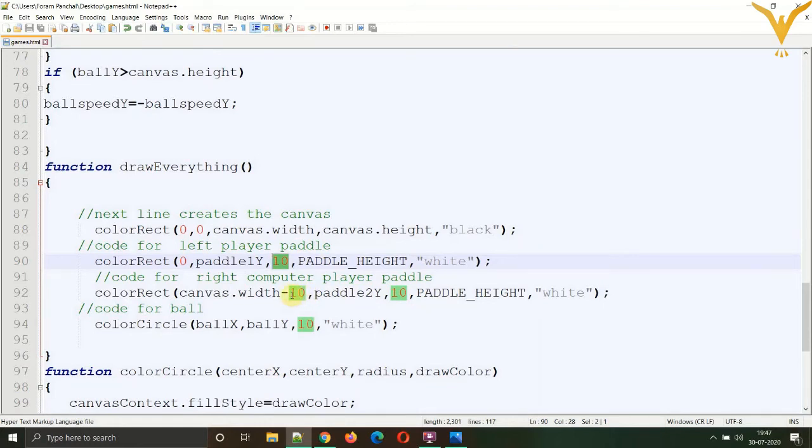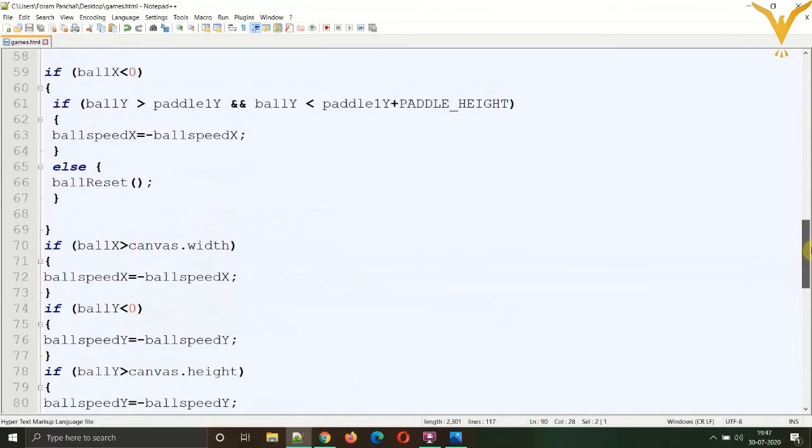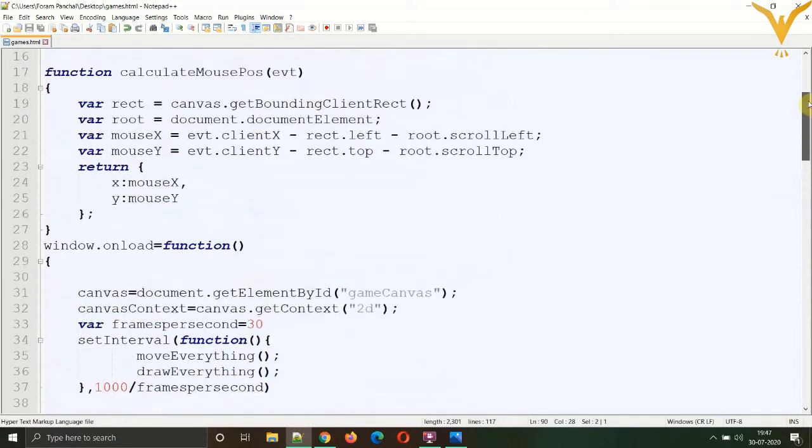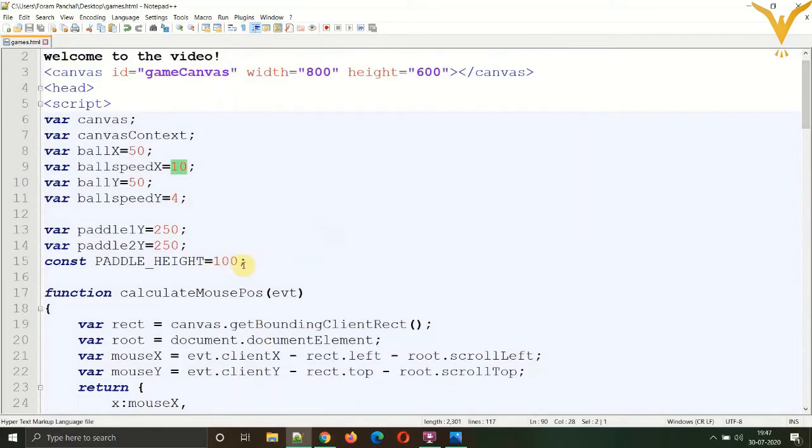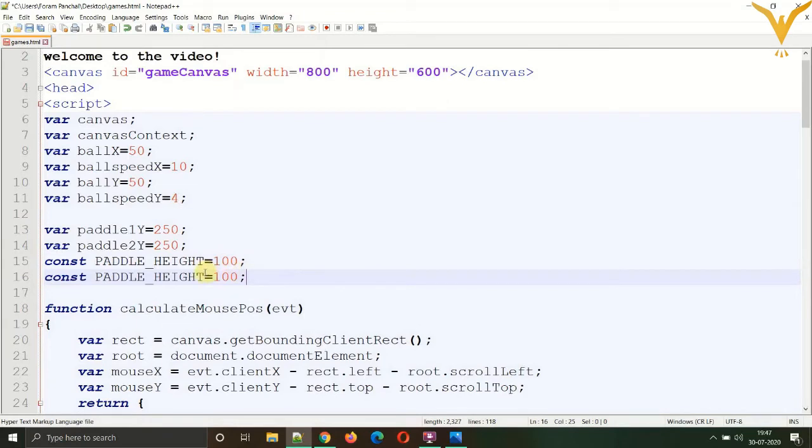So to make all these numbers in sync, we can define one more variable which will be constant throughout the code, and let that variable be paddle thickness. Just copy this paddle height, paste it once again and change it to paddle thickness, which will be 10.